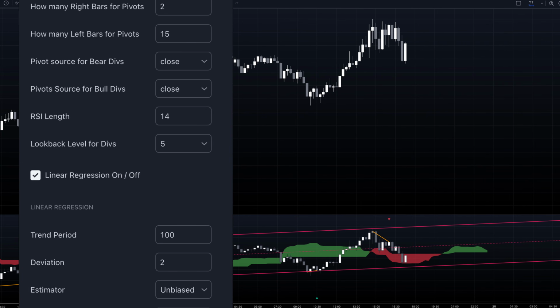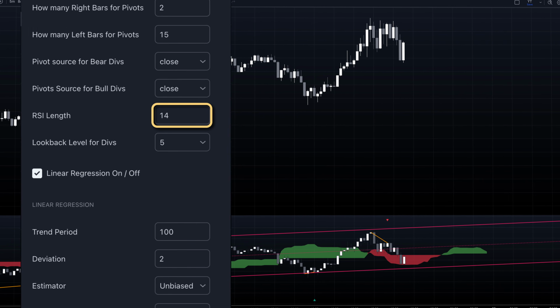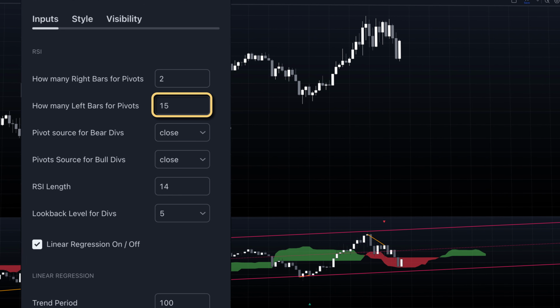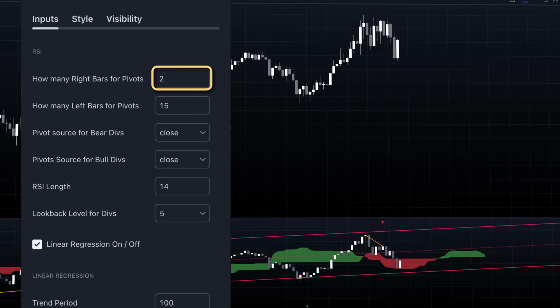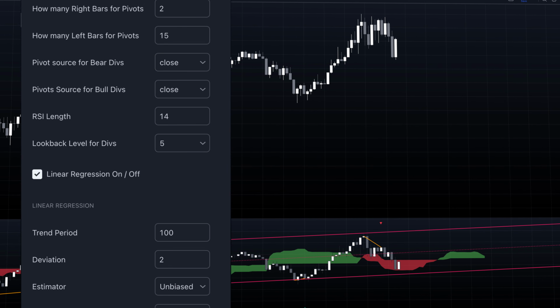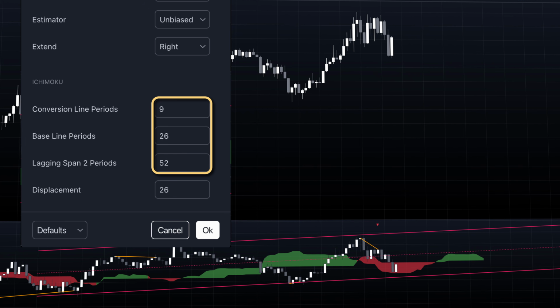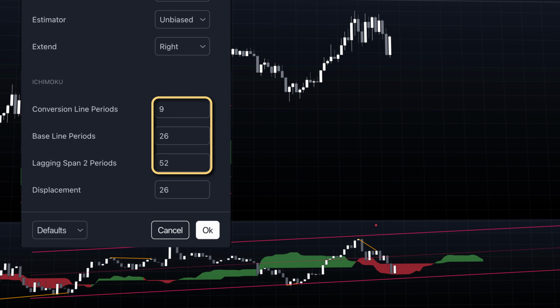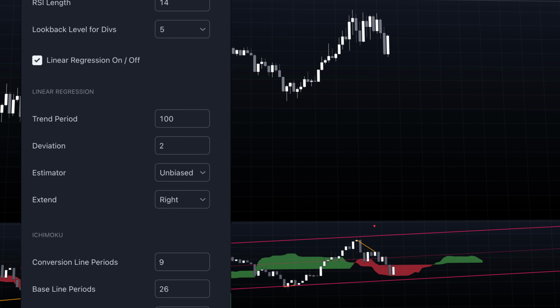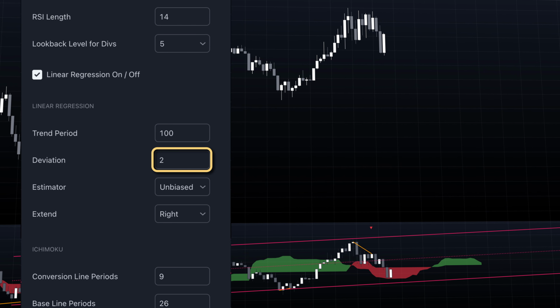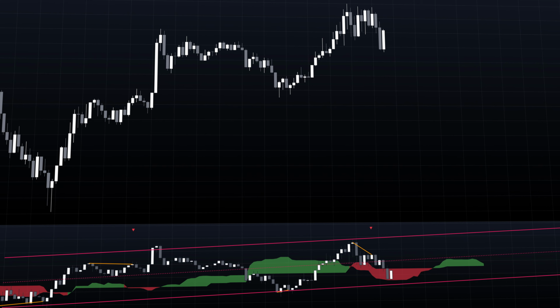The default setting RSI uses a standard 14-period length. For divergence detection, the indicator looks back 15 bars to identify pivot points, with 2 bars confirmation on the right side. The Ichimoku Cloud settings, 9, 26, 52, are traditional values that work well with the RSI's momentum readings. The linear regression period of 100 bars with 2 standard deviations gives us trend channels that aren't too sensitive